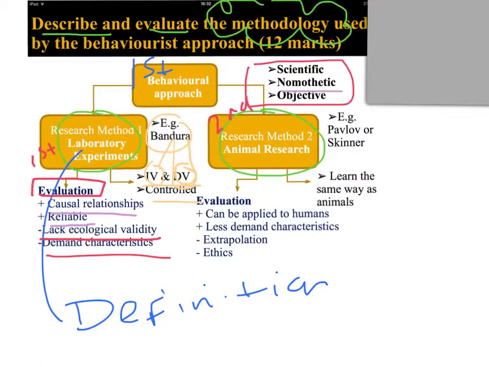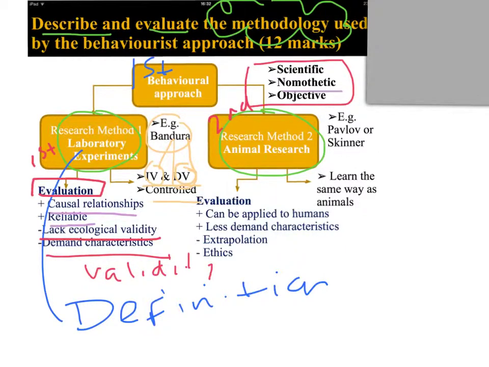So it's called demand characteristics. The participants are changing their behaviour to the demands of the study. What this means is that it actually lacks validity, because the researcher is not measuring what they claim to be measuring, but they're measuring how people respond to